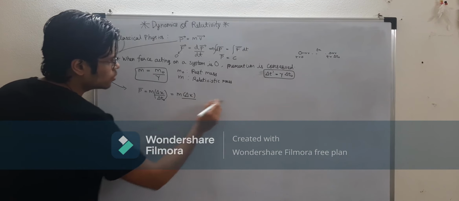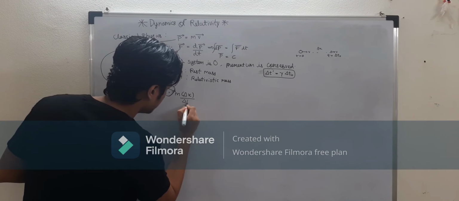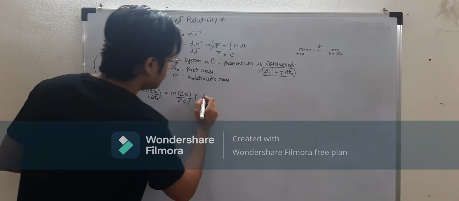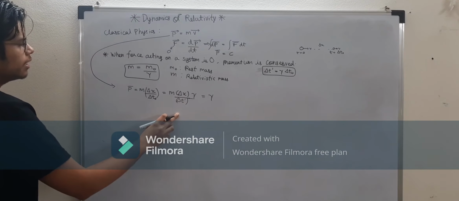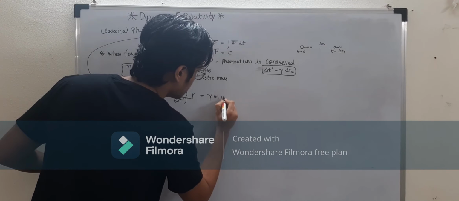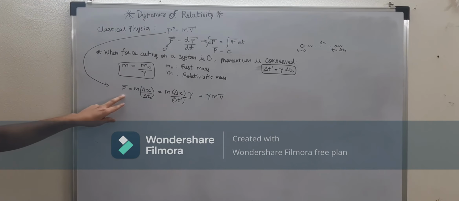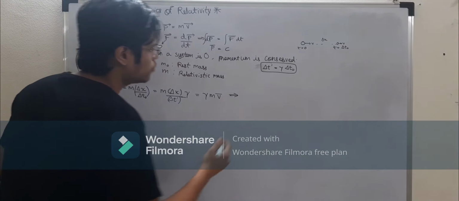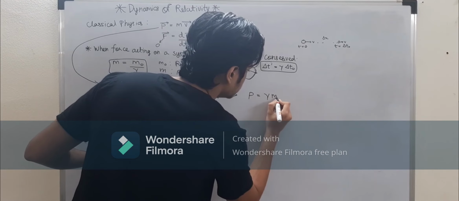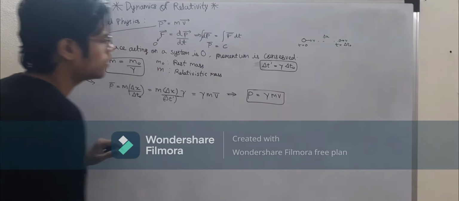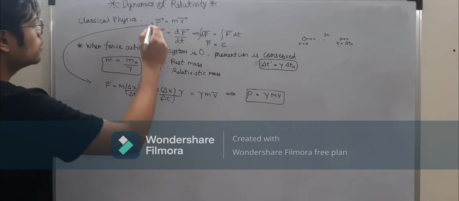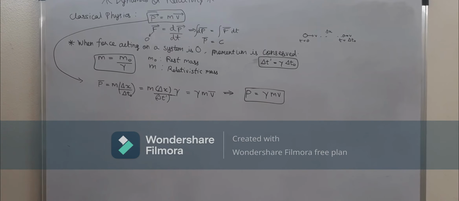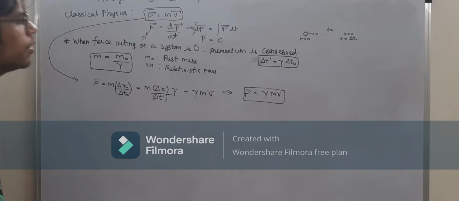Time gets dilated. So from here delta t naught will be delta t dash by gamma, upon gamma. So gamma goes in the numerator. So this basically becomes gamma times delta x upon delta t dash, which is your velocity vector. So momentum vector equals gamma m v vector. If I write it in scalar form, it will be P equal to gamma m v. And if you compare this expression with this expression in scalar form,